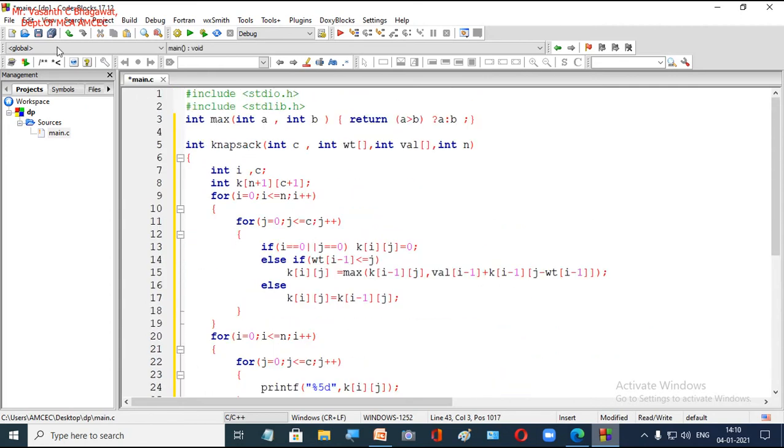Now let us check the program. We'll save the program and we'll try to execute this particular program and check. So we will compile the program and see whether we are getting any errors, right?